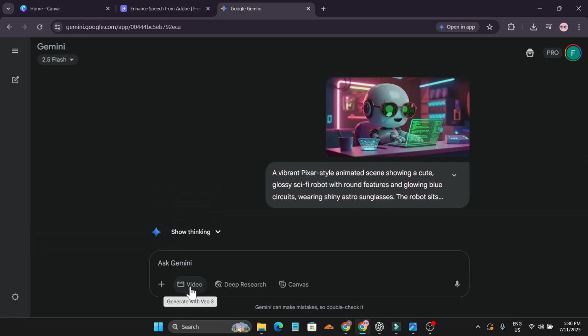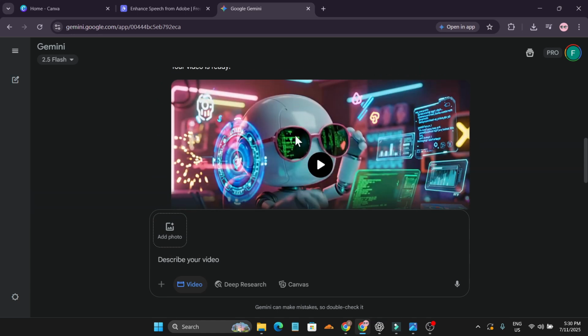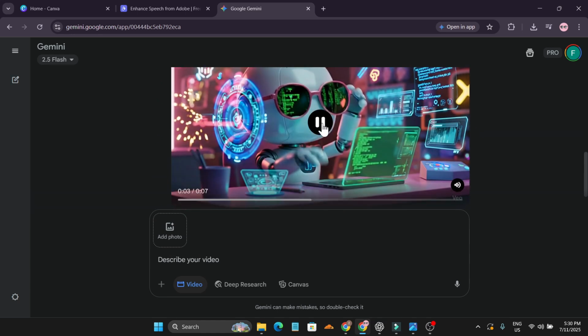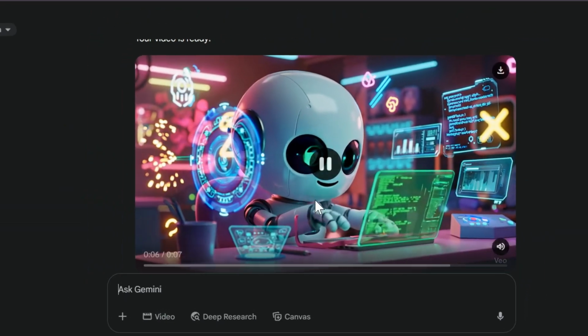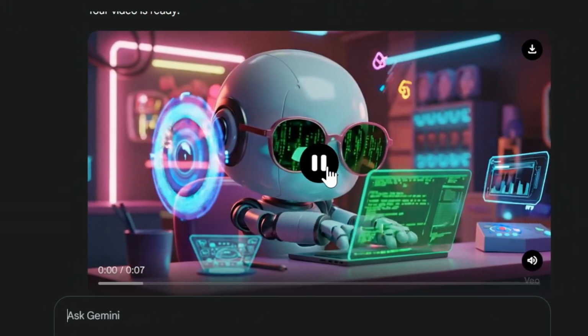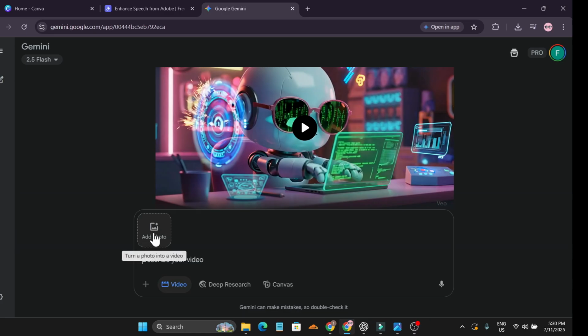Just go to the generate with VEO 3 and now you can add a photo to create a video with your image. Just like I upload this image and give a prompt here, and just like that. So let me show you how to do that again. So just go to the video option, generate with VEO 3 and now add a photo,